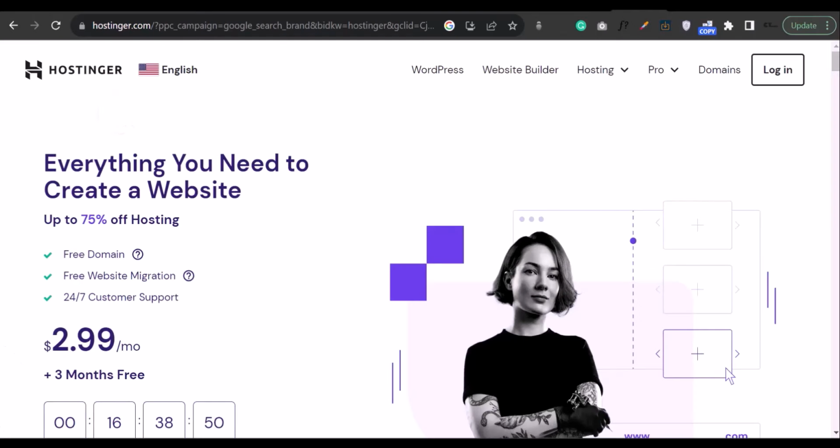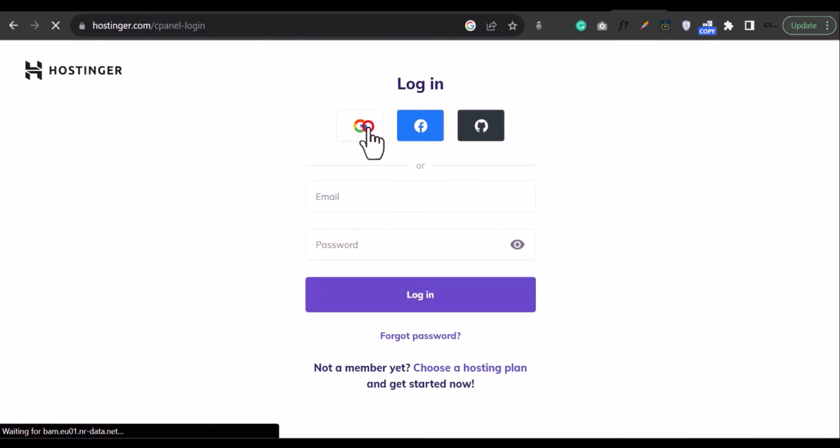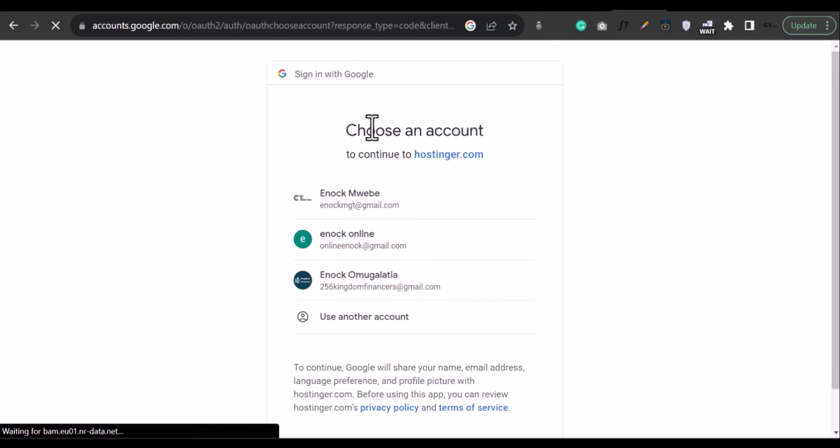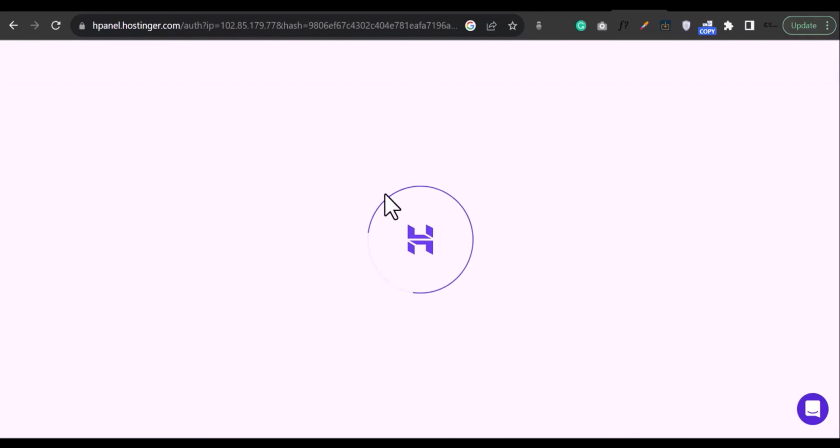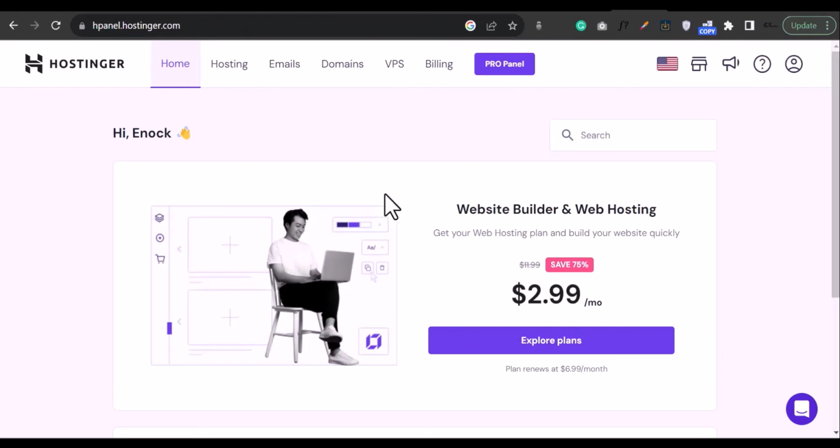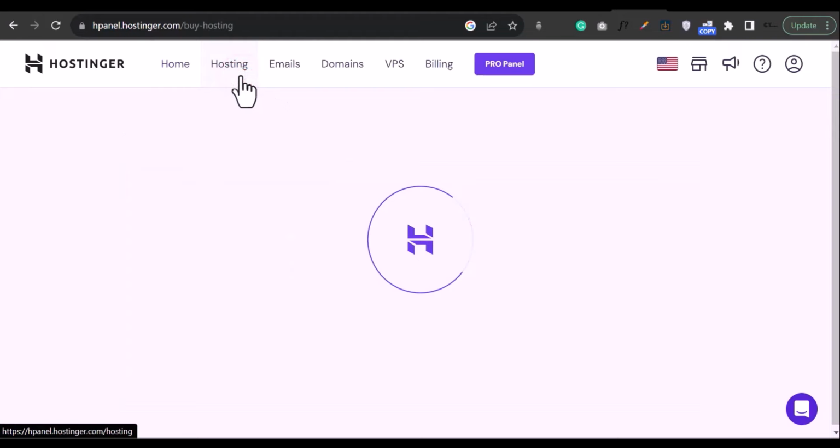So head over to hostinger.com and hit the login button. And once you're here, you can select the Google button to automatically sign you into Hostinger, even though you don't have an account. Okay, so I've signed in right here, and once you sign in, it's gonna lead you to this page. And when you're here, under hosting, you have to click hosting and check out the hosting